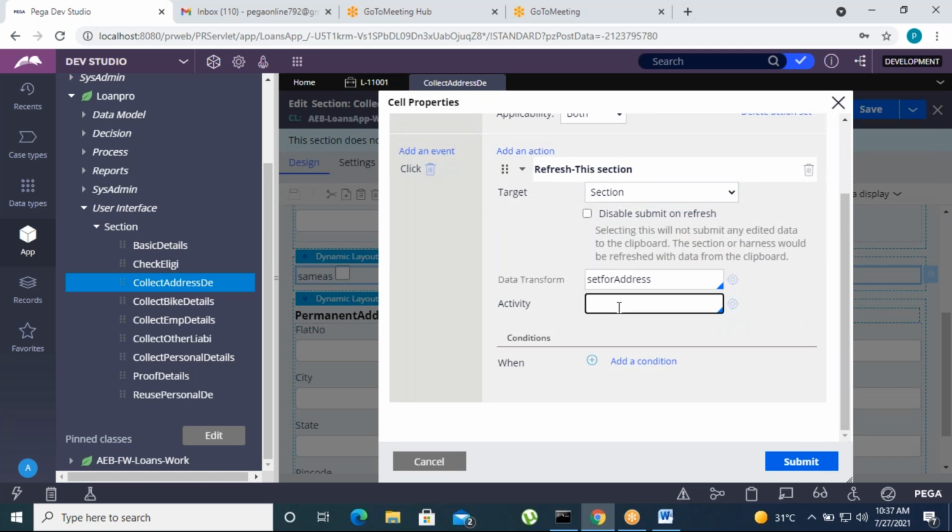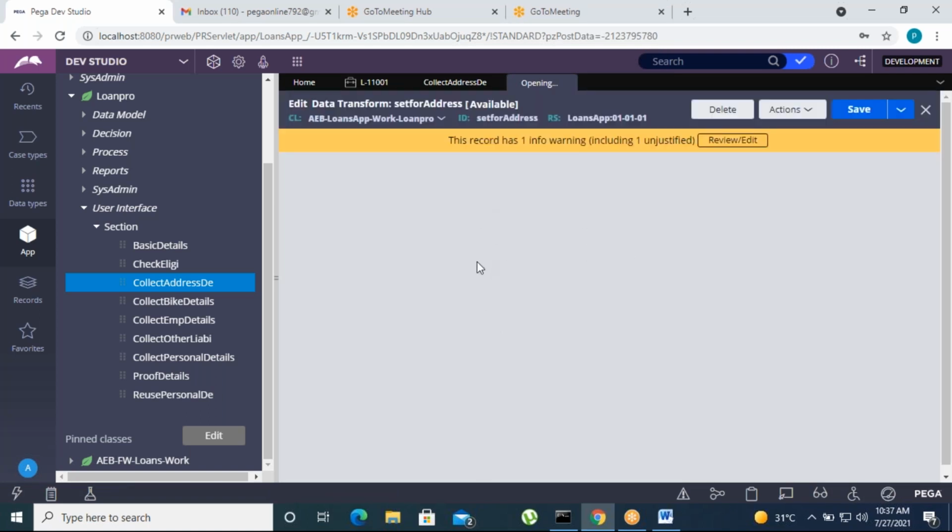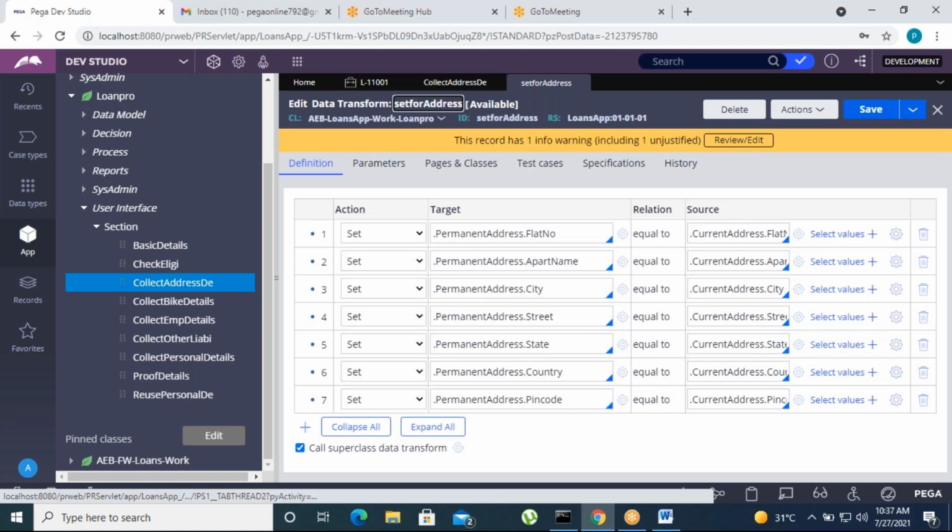I told you in previous classes how to call the activity. So once the section is refreshed, we call it in the action set, right? This is the requirement to call the data transform. The data transform logic is, if you open the data transform, set the current address equal to the permanent address. The source is the current address and the target is the permanent address.